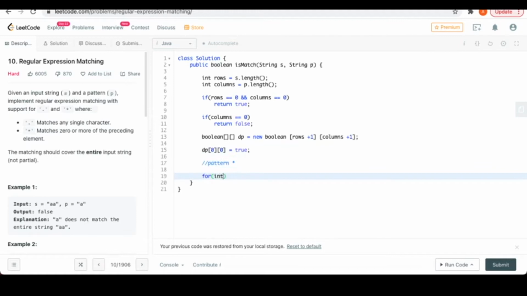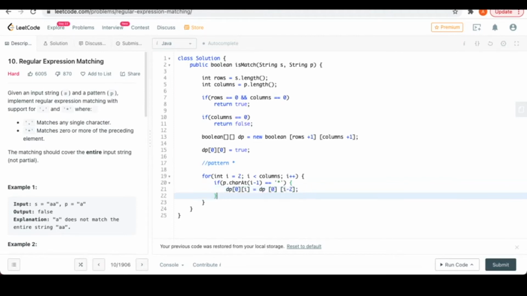For int i equals 1, i less than or equal to columns, i plus plus, if p dot charAt i minus 1 equals asterisk, then dp of 0 comma i becomes dp of 0 at i minus 2. So this is going to handle the empty string and empty pattern match with a star.